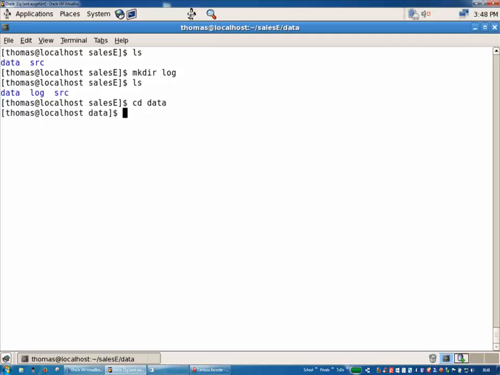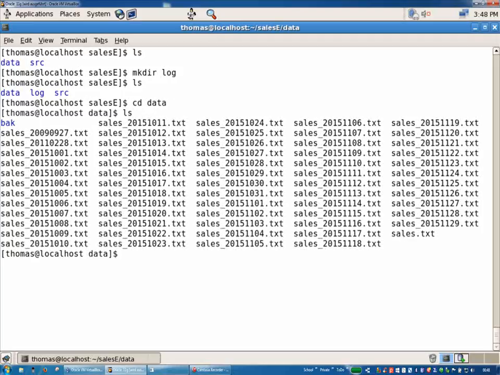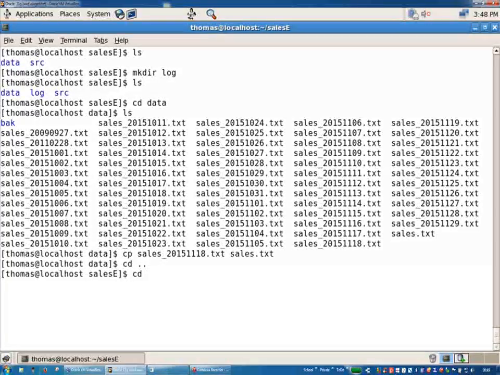The data directory, in the data directory you found all your sales point text files. So simply copy one sales 2015 11 18 point text file to a sales point a text file. The file we would like to use is always the sales point text file. Good. Let's jump back to the cd source directory,